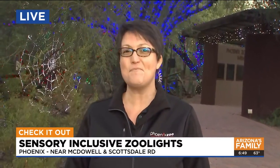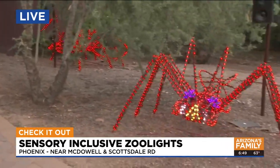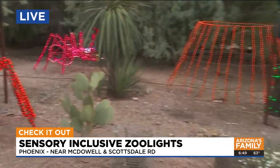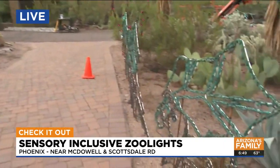That's correct. So it's a special night where the volume of the music's going to be turned down. The lights will be less blinky, so there'll be quieter lights. We have an example actually right here next to us on the trail. We've got some ants that are over here that are blinking so that it looks like they're moving along the trail. And we're going to actually have those turned on solid for the night